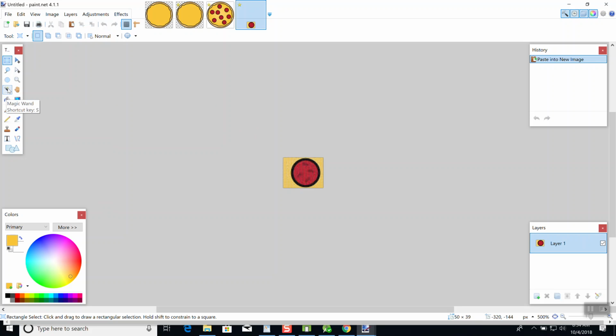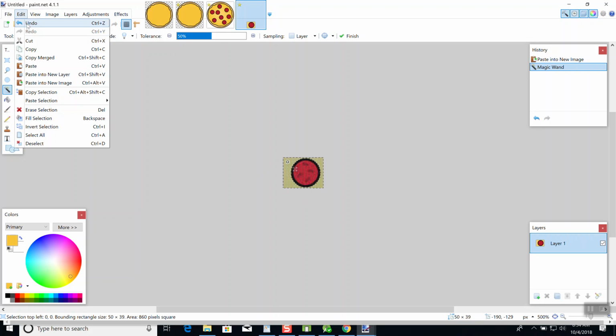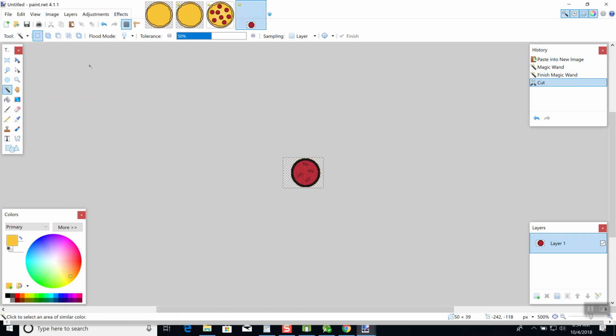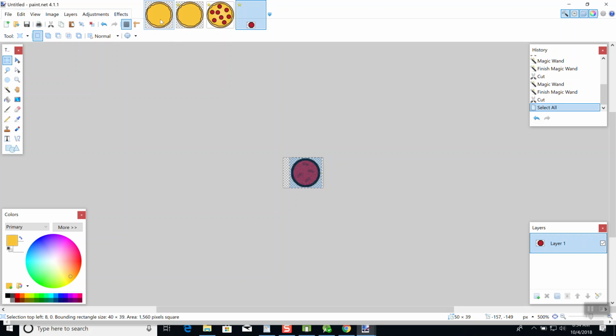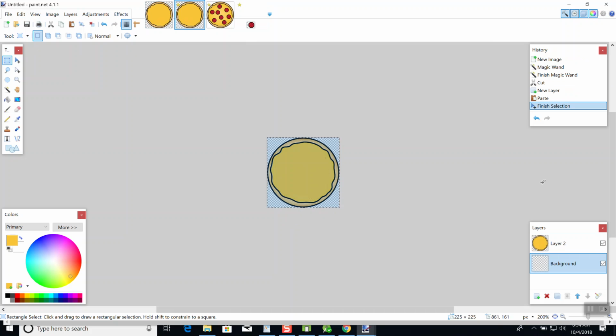Now if I do the magic wand, I can select the yellow there and I can do an edit cut and leave the pepperoni. So now if I do rectangular select, try to get that as close as I can to the pepperoni. Do an edit copy. Now if I come back over to my image, and I want the one with the two layers, I should be in the background. I'll do an edit, deselect. Now if I do an edit paste, and I can move that,